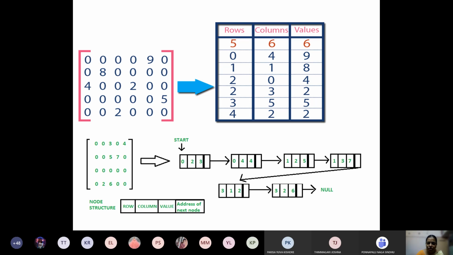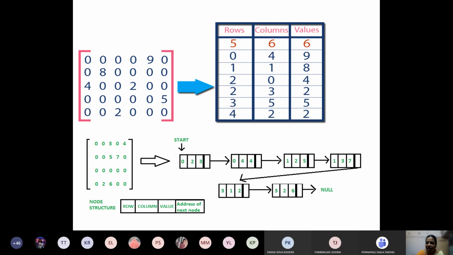Okay, I will give you this as a tutorial question. After completing the class, you write the sparse matrix implementation using the linked list, and then post me photocopies of what you wrote. I only need creation and traversing: creating the list and traversing, that is displaying, the list.